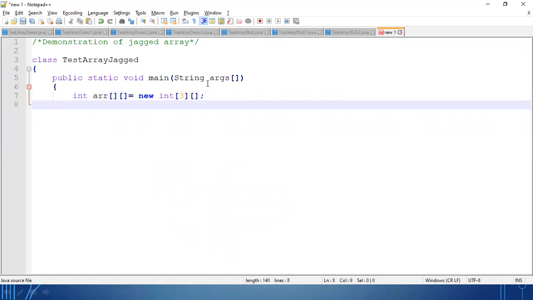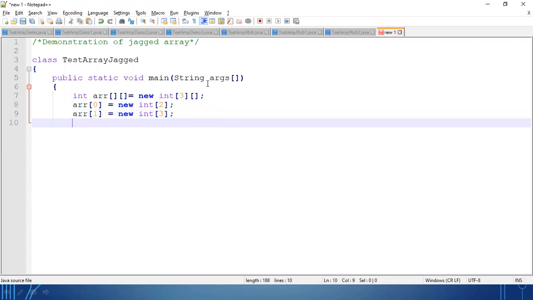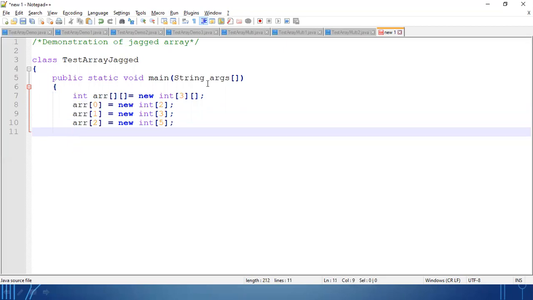I am defining that I will have 3 rows, but for every row how many columns there are, that I am not defining here. Clear? So array of 0 equal to new int 2, array of 1 equal to new int 3, array of 2 equal to new int 5. Clear?